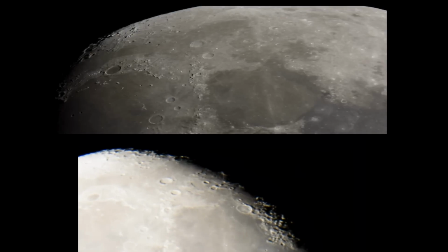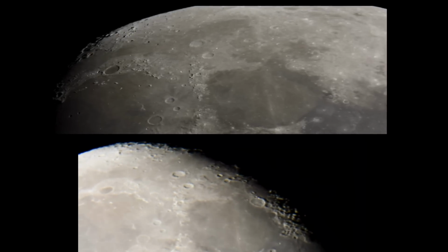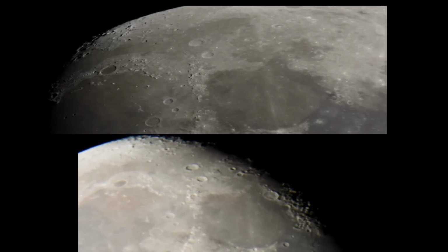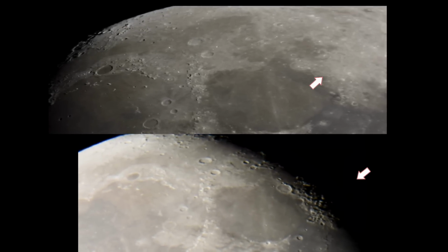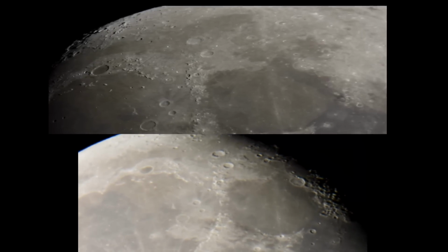The light and the line of darkness. That's where I get a lot of structures and objects, or just the best detail on the surface of the moon. Here is Mare Serenitatis. To the right of it, eastwards of it, we can see a lot of